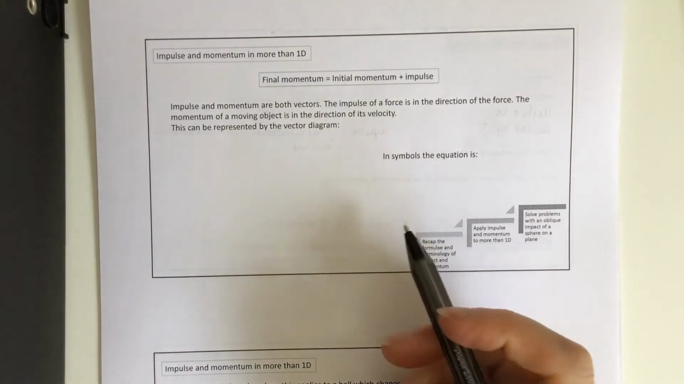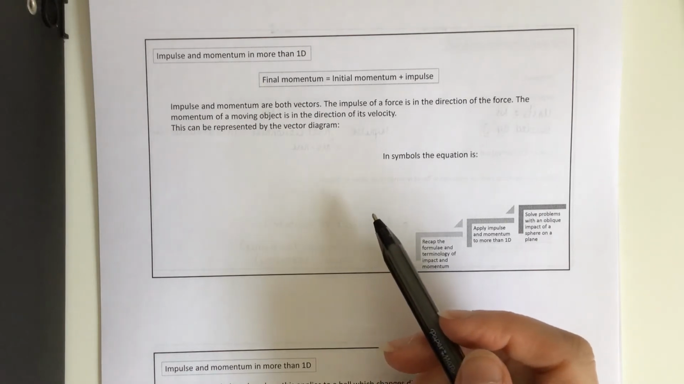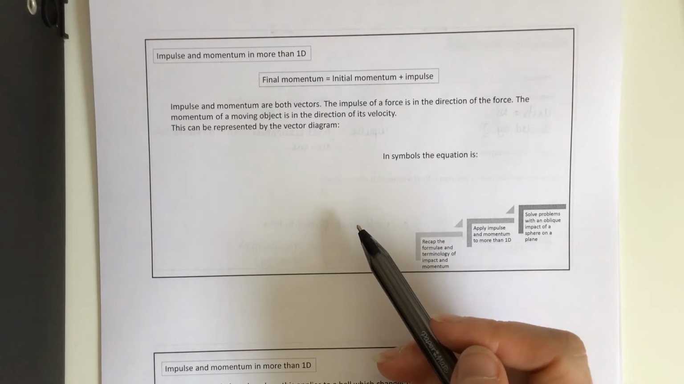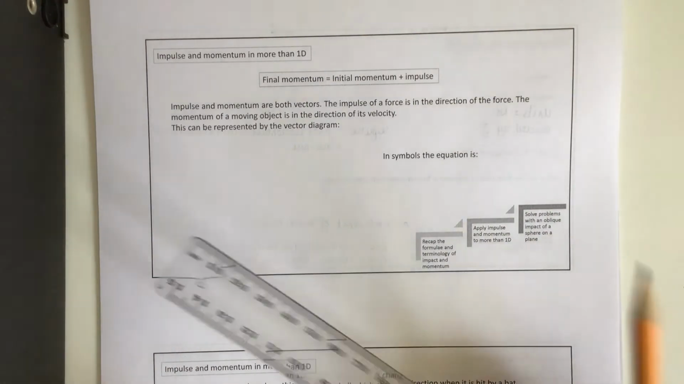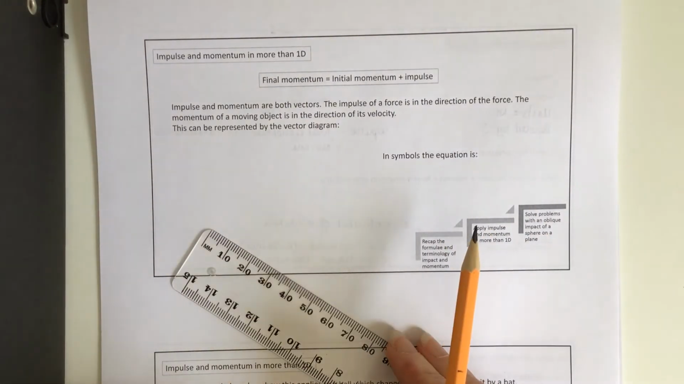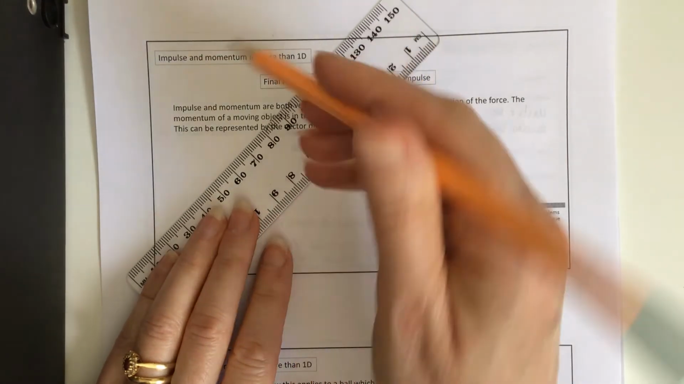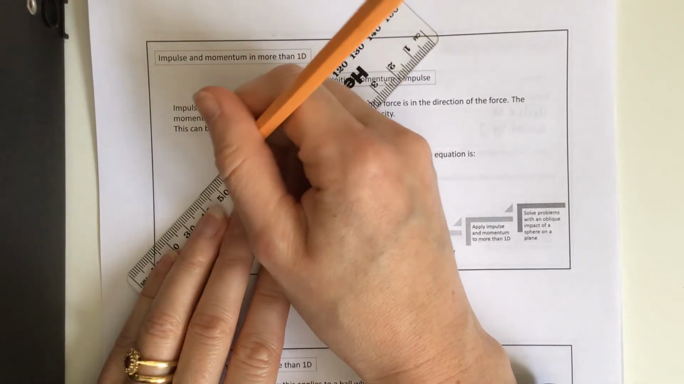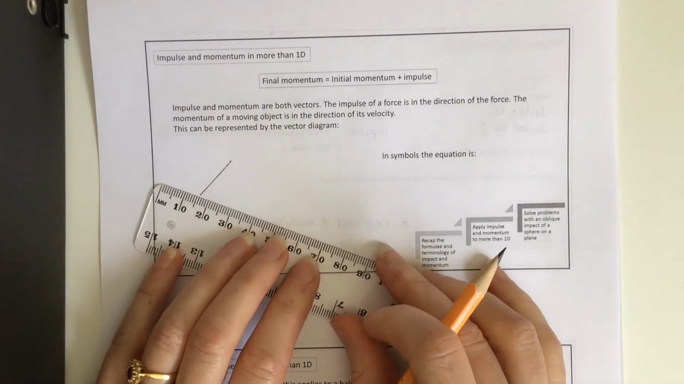So we know that impulse and momentum are both vectors, and the impulse of the force is in its direction, and the momentum is also in the direction of the velocity. So we can represent this on a vector diagram. So essential equipment at the ready, pencil and ruler. If we represented this in terms of a vector diagram, if we had our initial momentum, so let's pop that down there, that's mu, and we know that we have our